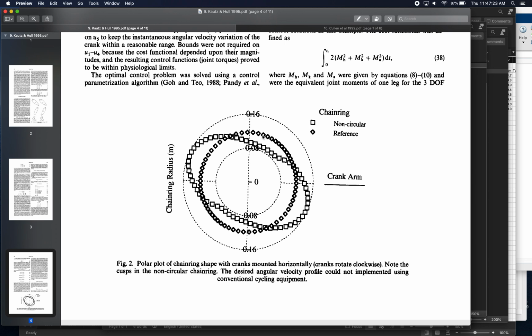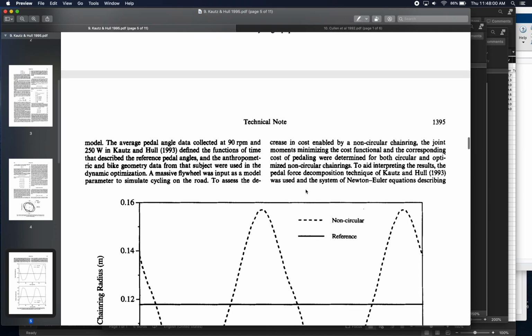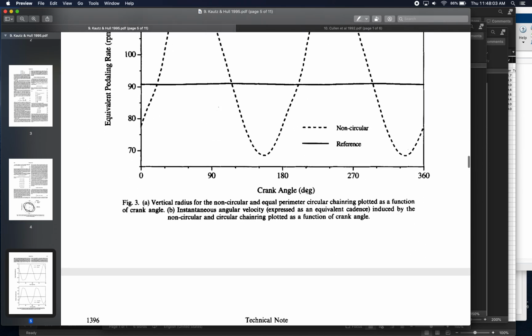Interestingly, even though it could hypothetically produce any shape of chainring it wanted, even one that would be physically impossible to make and use in reality, what ended up being the optimal chainring shape for minimizing the torque at the joints needed to perform the pedaling was this shape here, the large white squares, showing not a circular chainring, but what looks like an oblong chainring, almost an elliptical type chainring. What this did was reduce the torques needed at the joints by, I think, around 1% or 2%, and that is what's being compared here in